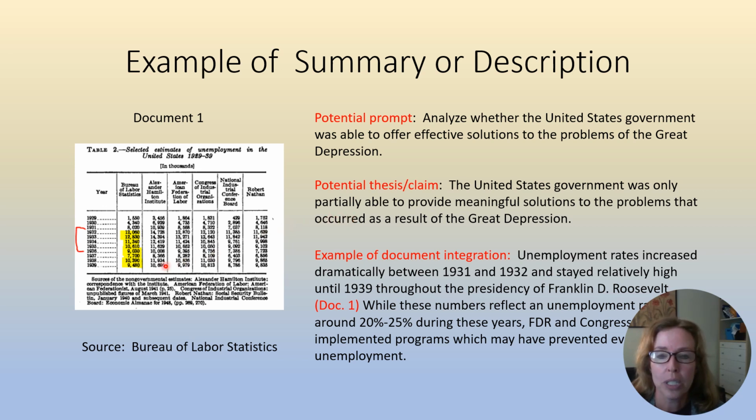So if you are looking at this chart, you're looking at selected estimates. Now, what's interesting about this is that the sources come from a variety of different places: the Alexander Hamilton Institute, the American Federation of Labor, Congress of Industrial Organizations, Robert Nathan, Social Security Bulletin. So a variety of different sources have provided this information. But if you are looking at the Bureau of Labor Statistics, which is a government agency, probably has the most